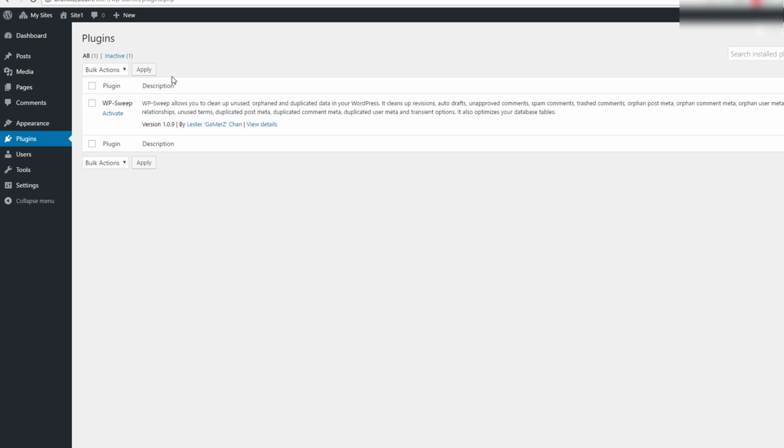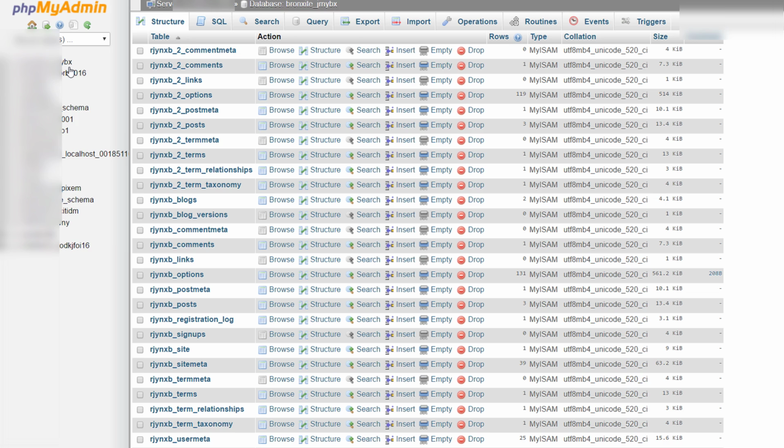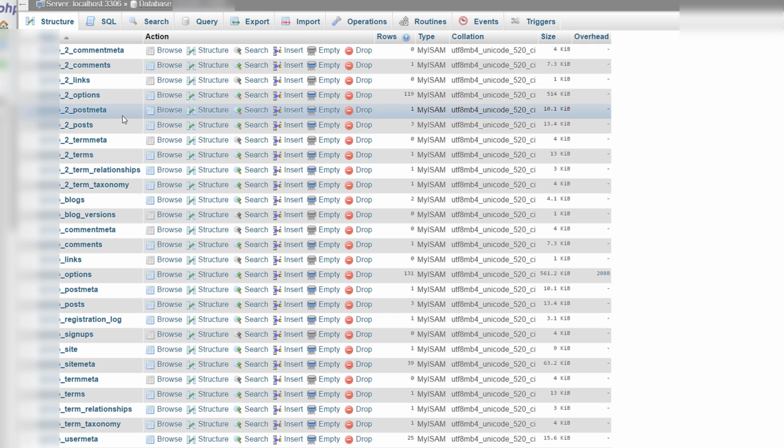Now I want to show you what the changes are to your database. If you remember, I'm in PHPMyAdmin here, and these are the 12 tables that you previously had when you created your WordPress website. If you already had an existing installation of WordPress, this could look different based on the amount of plugins you have and other features you add. But for a standard installation, you only have 12. Once I refresh this page, it's going to change. Now we have more